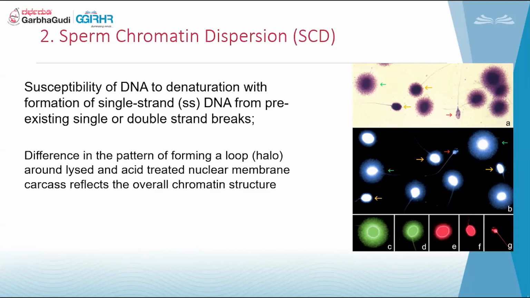Any other doubts? TUNEL method, flow cytometry will be around 15,000, 20,000, because they use fluorochromes, which are pretty costly. That's why people don't opt for this. If you're doing a study and someone is sponsoring, then TUNEL method, Comet method, because normally they go for the SCD method. But it's pretty costly, obviously. Very few institutes are doing this testing in Bangalore.